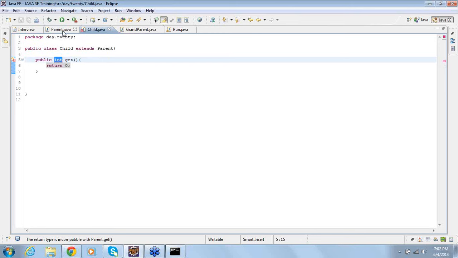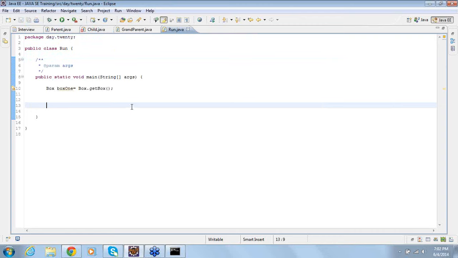And if the child is long and the parent is int, that is also not possible. It says incompatible.